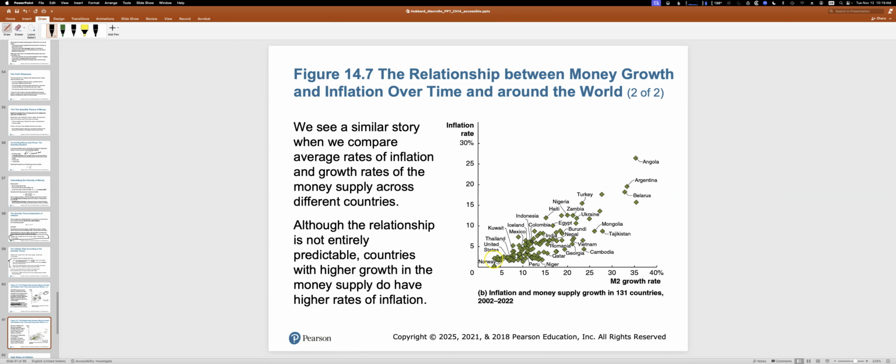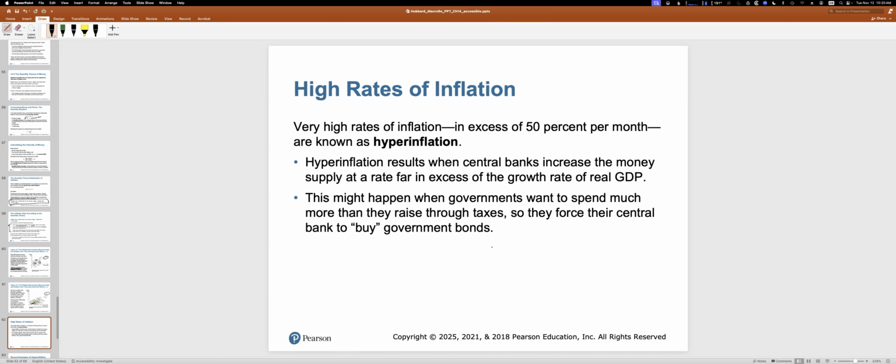If you look across countries, countries that have no control over their monetary growth rate experience the highest inflation. A country like the United States that's done a rather good job of controlling its money growth rate has kept rather low inflation. And we have the famous examples of countries that don't do this well, where we get hyperinflation. The examples would be Venezuela, Zimbabwe, and pre-World War II Germany.